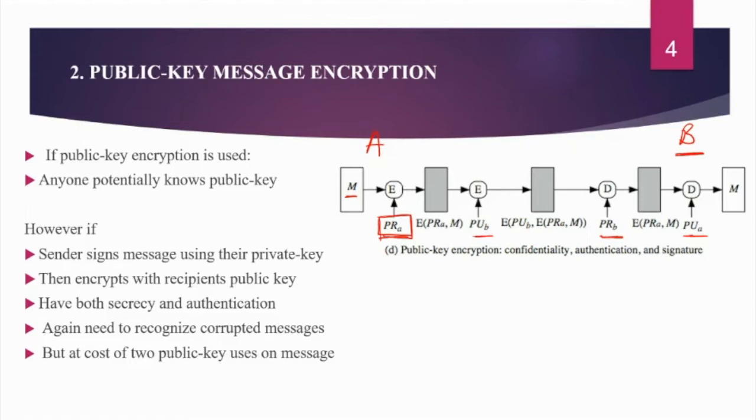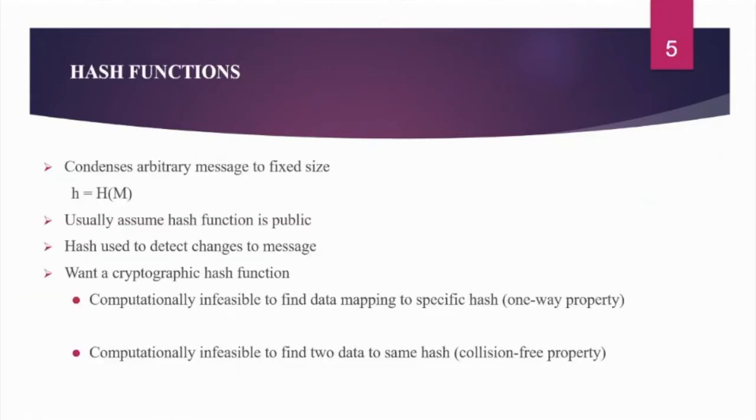So basically encryption is one of the techniques, whether it is symmetric encryption or public key encryption. But yes, through encryption, we can achieve message authentication. Now let's see the second method, that is hash functions. How to achieve message authentication using hash functions, and particularly what are hash functions.